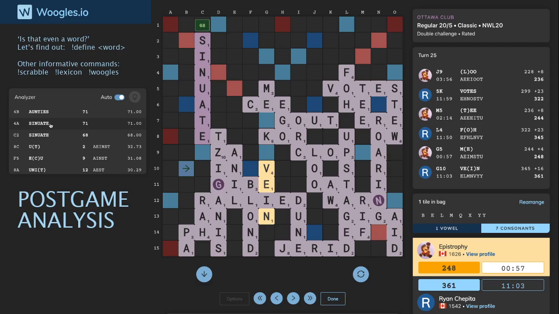napkin mathematics, but if I play something like this, expecting that E is the last tile in the bag, then I think this placement gives me 68. What is that? 248 and 68. It's going to be 3-1-6, I want to say. I need to type some of this stuff out, perhaps, although I don't have the notepad open. So, because yeah, I have Sinuate 68, which gives me, what, 316? And if he doesn't have